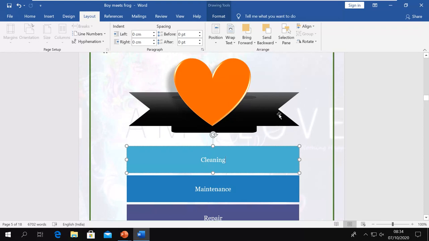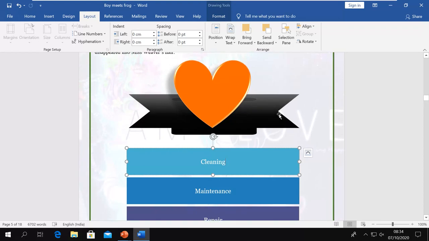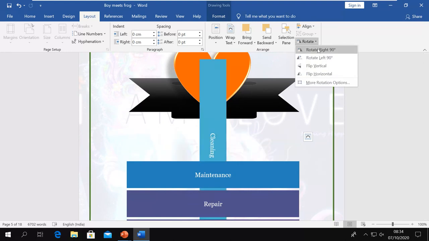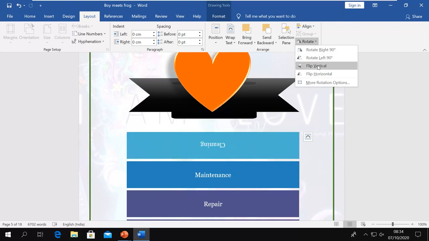One more thing we can do is rotate. We can rotate by selecting this rotate command. Here you have rotate 90°. You can see it is rotated 90° right, 90° left, flip vertically, flip horizontally.